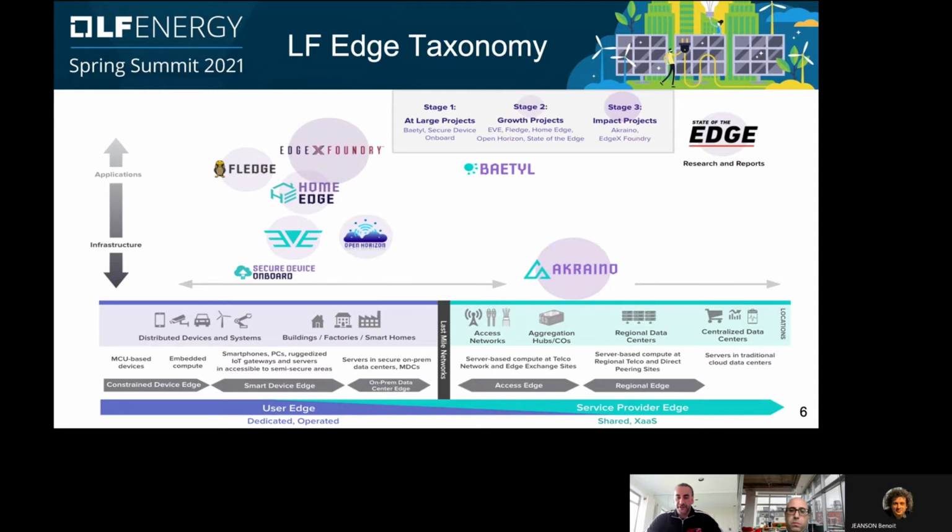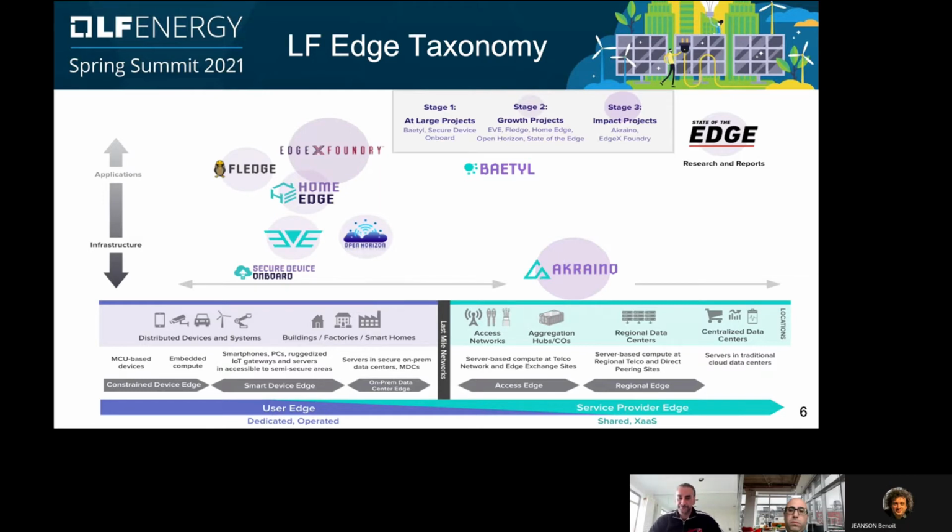The State of the Edge project on top of the right corner of this taxonomy is an attempt to provide common terminology. It maintains, among other things, the Open Glossary of Edge Computing that provides a crowdsourced shared vocabulary for the edge. You can find Fledge on the upper left corner position around the area for applications for the constrained smart device user edge. Fledge is a framework for industrial edge focused on critical operations, predictive maintenance, situational awareness, and safety, what makes it a perfect match for the substation automation use cases that Akli will later describe.